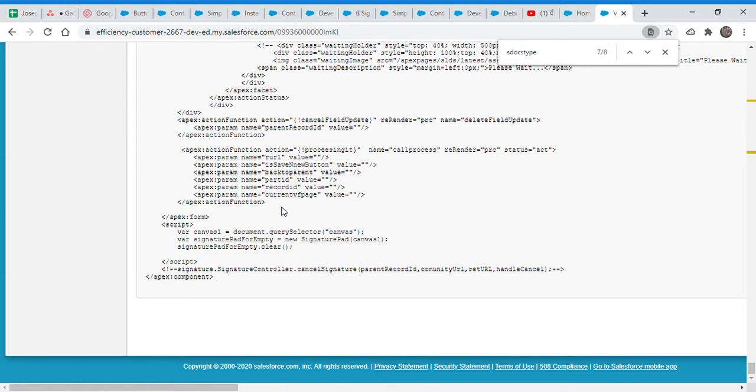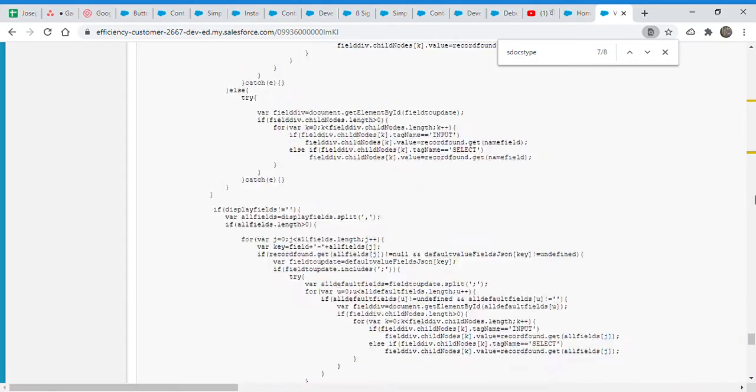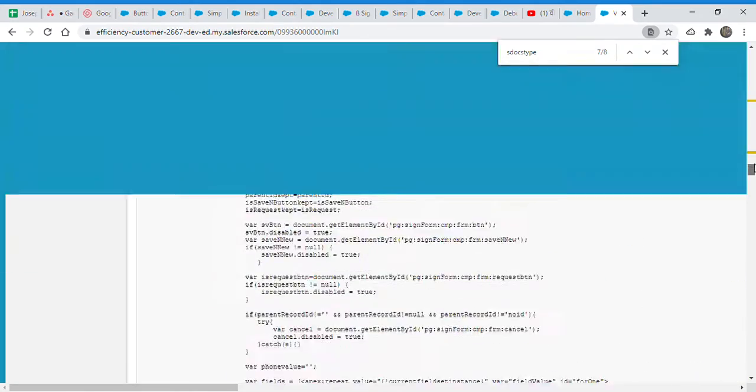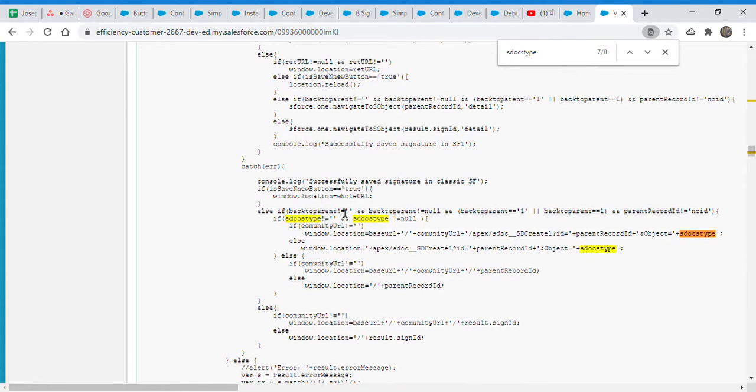So now the apex class redirects to whatever it is, either the return URL, or the save and new button is clicked, or back to parent, or we have to redirect to the record ID. This is done by the apex class, which is done by me, but I haven't implemented this part.